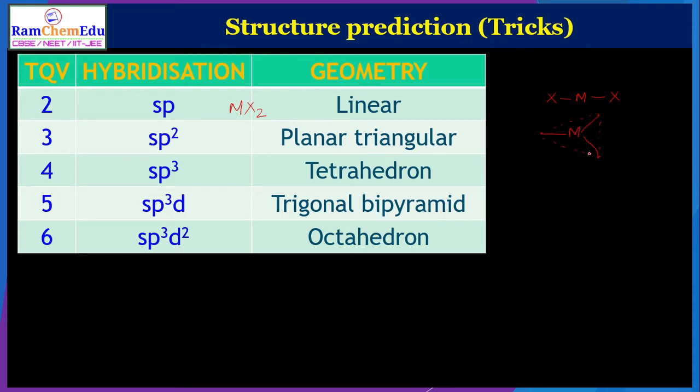To draw the geometry. And tetrahedron means, one more time, you have the central metal and you put the places of the tetrahedral shape. So this is the way I can put it, and I can join this. These are the bond pairs. So this is the tetrahedron. Then you may put the dotted lines to join this. So this is the tetrahedral.